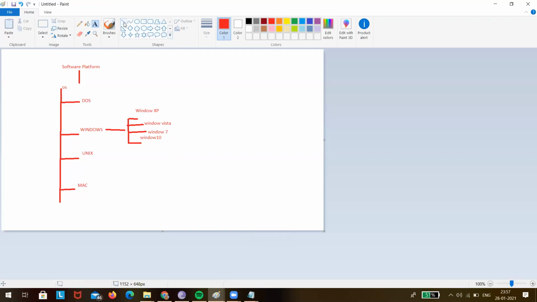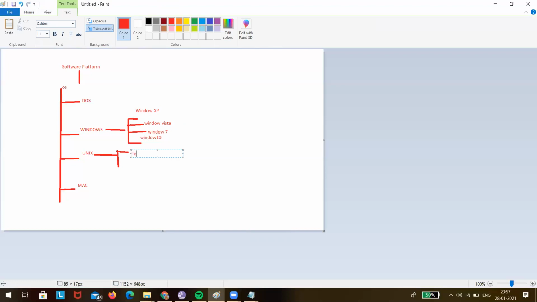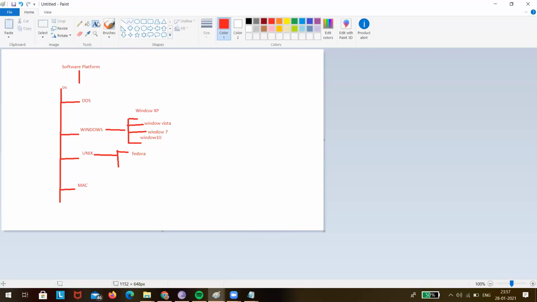And in Unix, there are versions. Do you know anything about Unix versions? What are the versions for Unix? There is something called Fedora. Have you heard about that? Fedora. There's Mandrovia, Ubuntu, Red Hat.